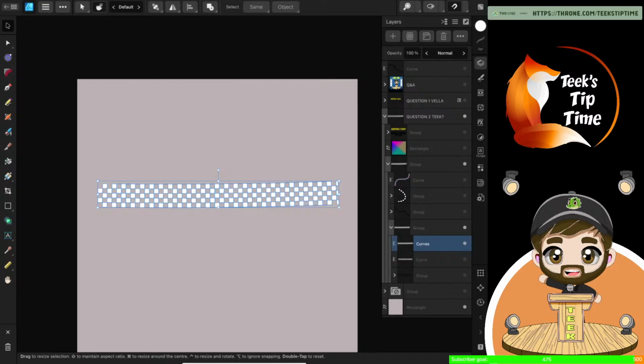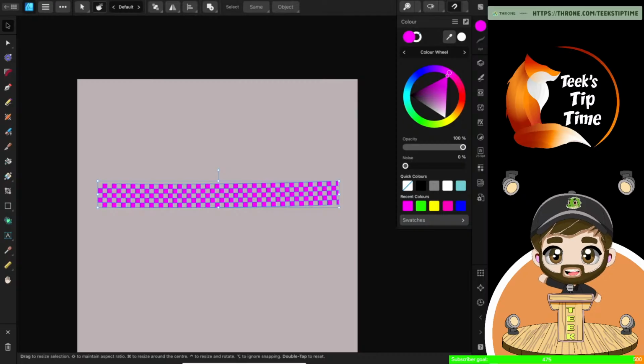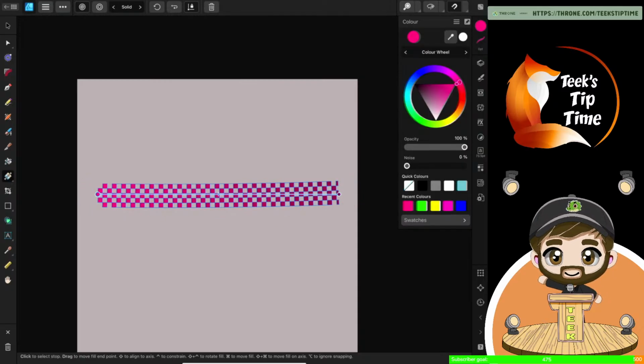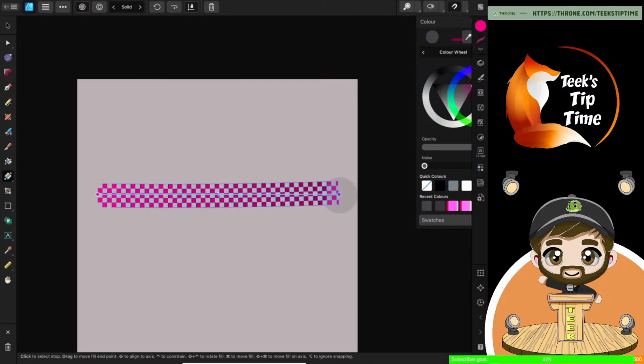So what you can do now is change the color to whatever color you want, just like this, which is cool in itself. But also you can go to your gradient tool and make it a gradient of your choice. So we could have pink to blue,